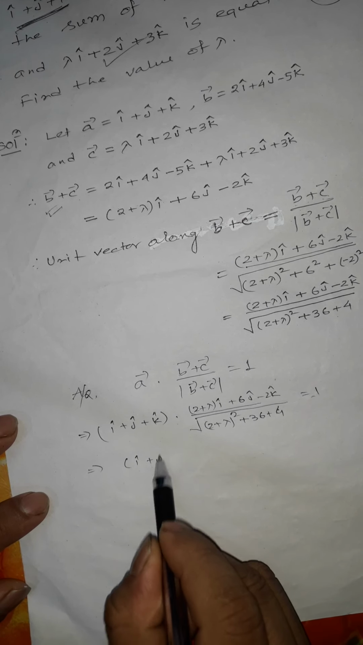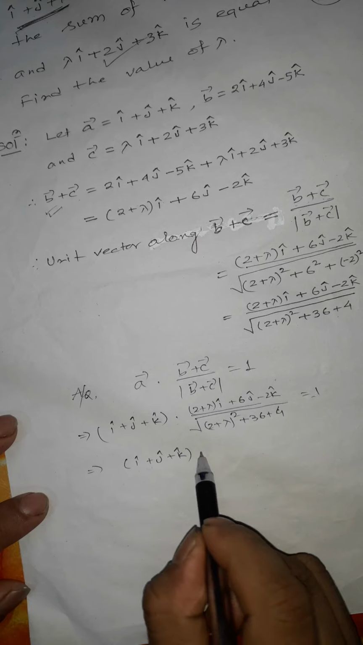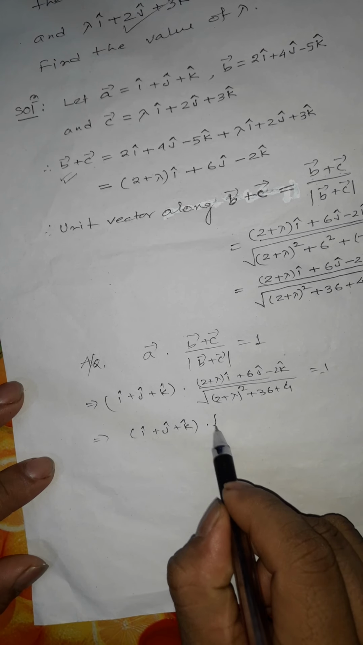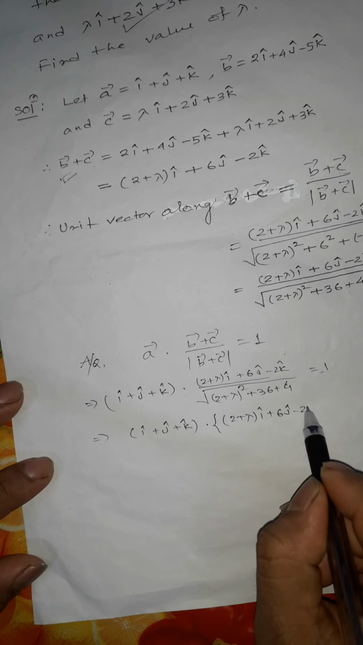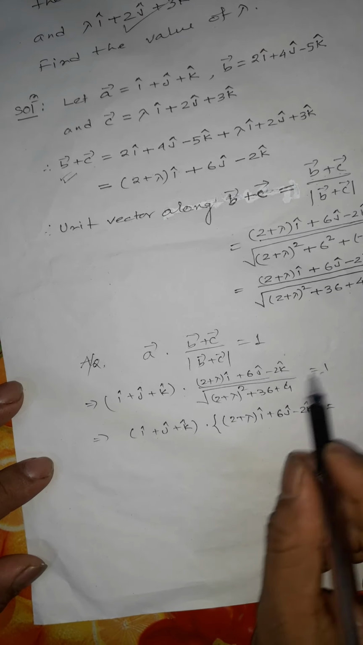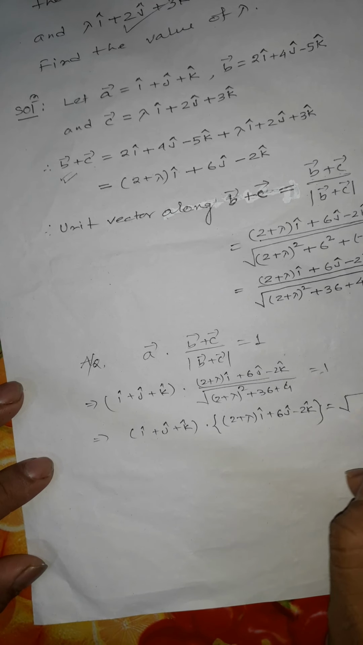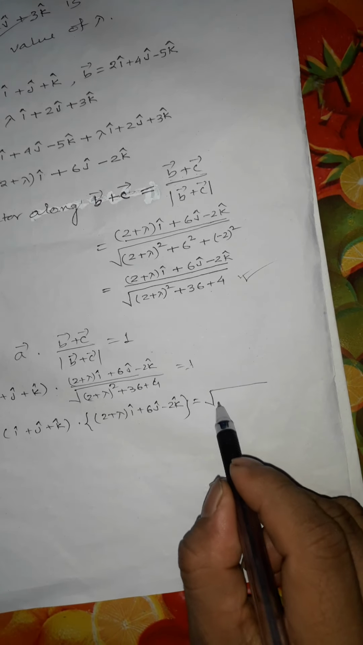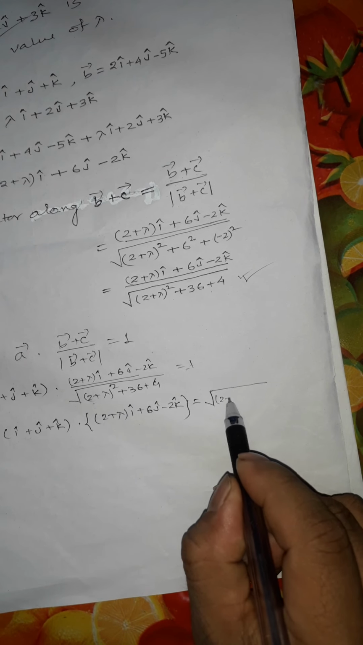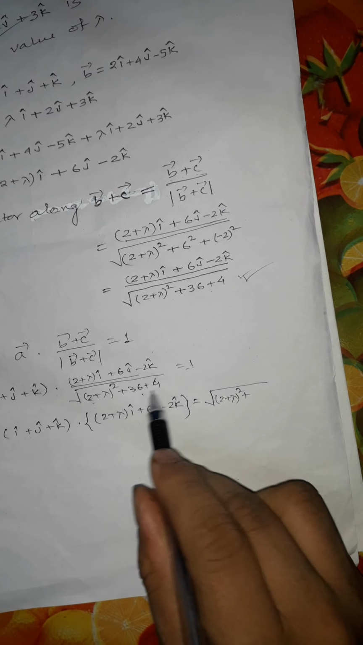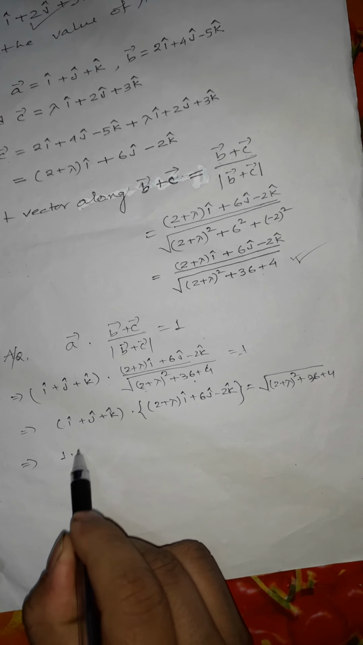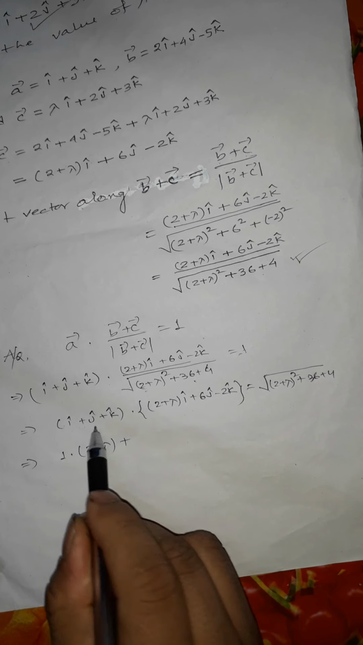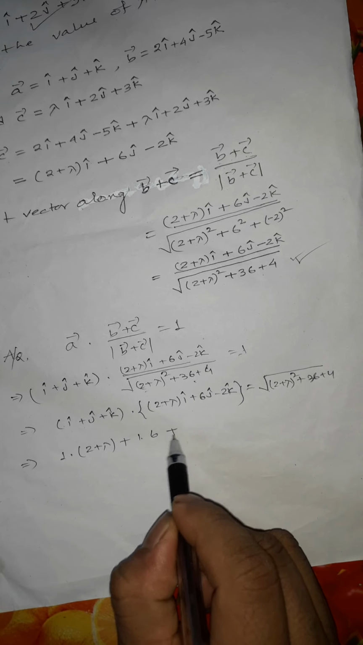So (i + j + k) dot ((2 + lambda)i + 6j - 2k), and then cross multiply 1 into this is equal to root of 1 into this one, (2 + lambda) whole square plus 36 plus 4. Now you take the dot product of these two vectors: 1 into (2 + lambda), 1 into 6, 1 into minus 2,